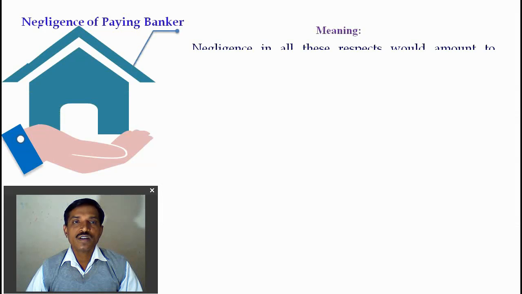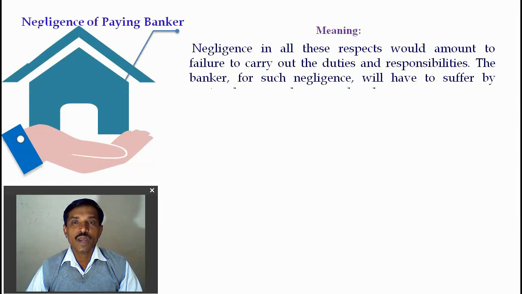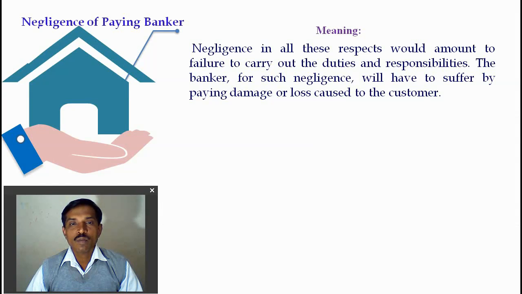The next is the concept about the negligence of the paying banker. Negligence in this respect would amount to failure to carry out the duties and responsibility of the paying banker. The banker for such negligence will have to pay the damages or loss caused to the customers. So by mistakenly paying the amount to the